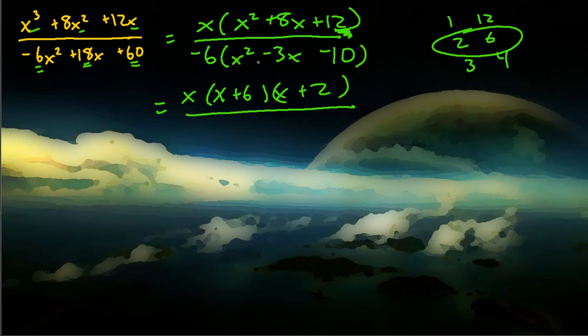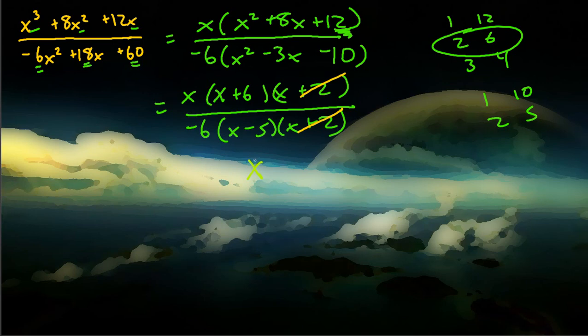All right, let's look at the denominator. So I have a negative 10 and a 3. So my factors of 10 are 1 and 10 and 2 and 5. And because this is a negative right here, I know I'm going to do a difference. So 2 and 5, if I subtract those, I do get a negative 3. So x minus 5 and x plus 2. Now what cancels? Well, the x plus 2's. So our final answer is going to be,